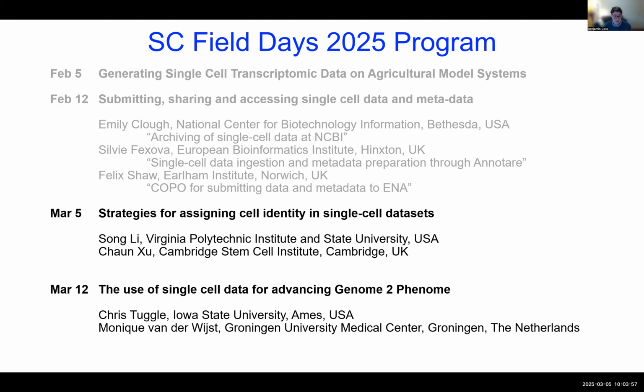The first is Song Lee from Virginia Tech. Dr. Lee is an associate professor at the School of Plant and Environmental Sciences at Virginia Tech. His group works on the application of machine learning and AI in plant genomics and phenomics. In the past few years, his lab has published machine learning methods for identification of gene regulatory networks and novel marker genes using single cell data. In this talk, he will discuss a newly published method called orthomarker gene groups, or OMGs, to quickly assign cell types across diverse plant species without the need of data integration.